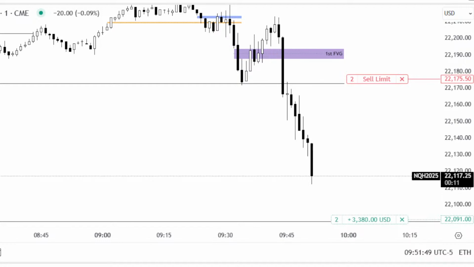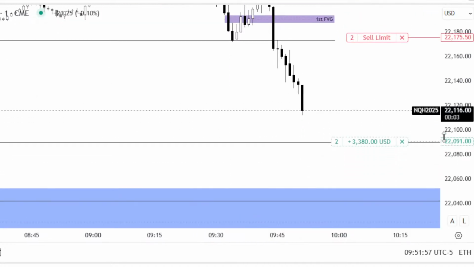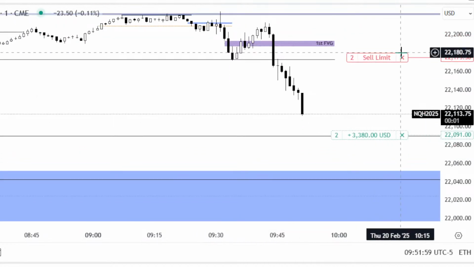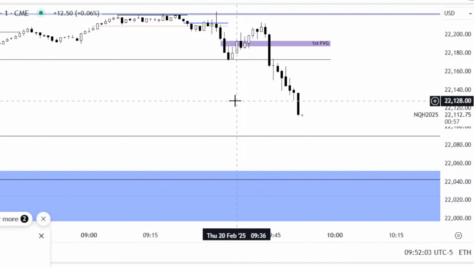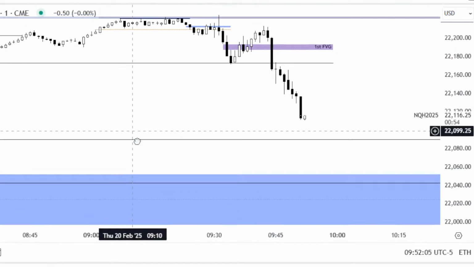Alright, I think I'm going to call it quits here. There's too many technical issues here today, and yeah, it looks like we're going to go to our targets, and then we've got some nice targets down here. The only problem is I don't have a trade, but I'll get it next time around.